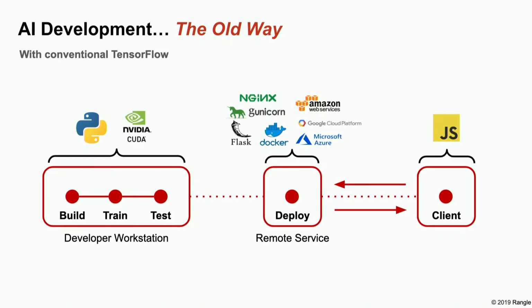And then we haven't even gotten to the application yet. So JavaScript is basically the language of the web, and most often an application that runs in the browser or on a mobile phone will be developed in JavaScript. And then in order to talk to your machine learning model, that JavaScript, basically client-side application, would have to send API calls to your model. So it'd have to basically send prediction requests over the cloud.